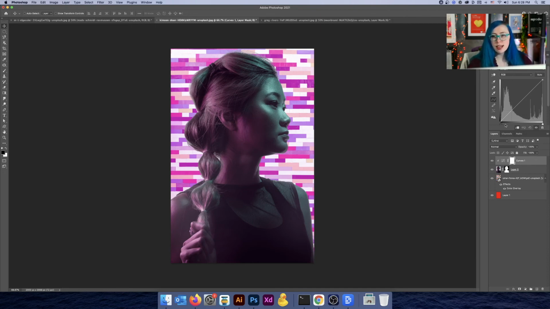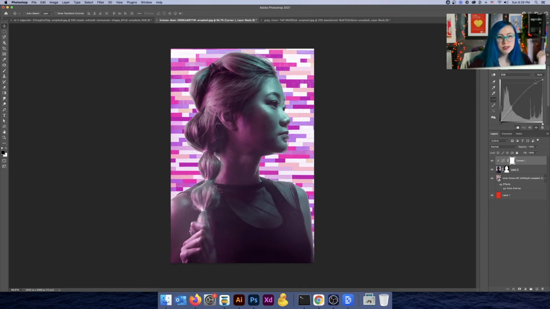So much like the levels, you have a dark and a light over here. But instead of just having these little arrows to play with and squish things in and out, now we have a line. This is why it's called curves, because you can adjust different lights and darks in the photo without having to rely on just a certain range. So you can put a point anywhere in here and make it lighter or darker in order to make the photo look more realistic. So let's just try this.